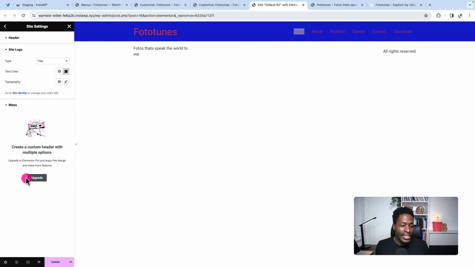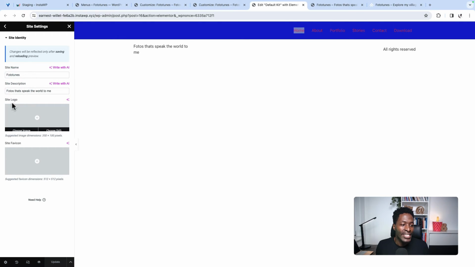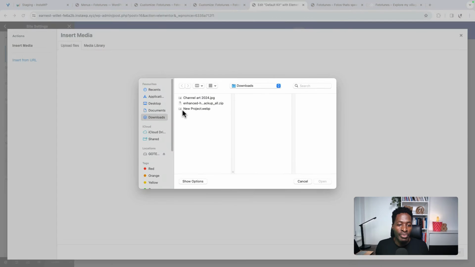Next, we are going to select the site logo. So instead of using the site logo as a title, we are going to use the site logo as a logo. So select that. And now we want to add a logo. We have to add a logo for our website. So I'll say update, and I'll go back to the site identity, and over here under the site identity, they allow me to upload a logo. So I'll come over here, upload my logo,